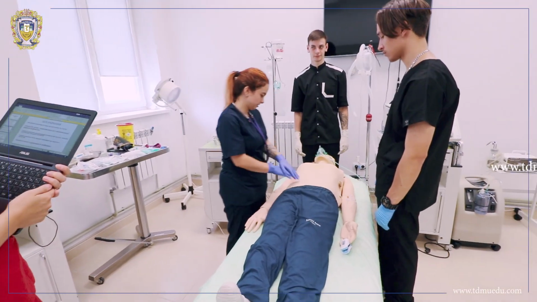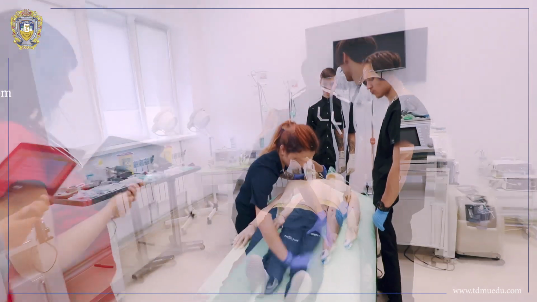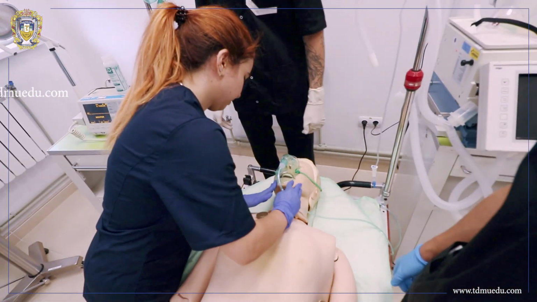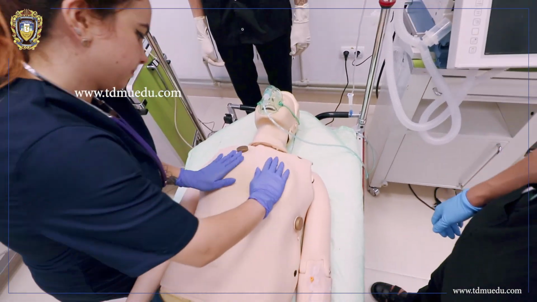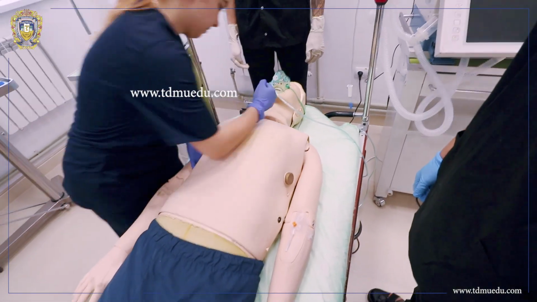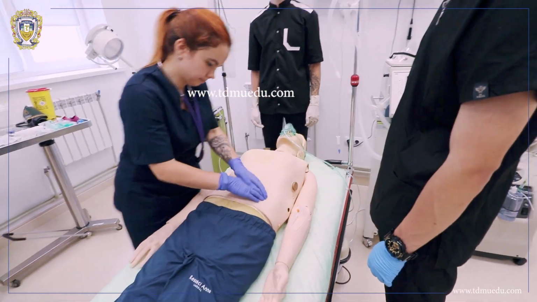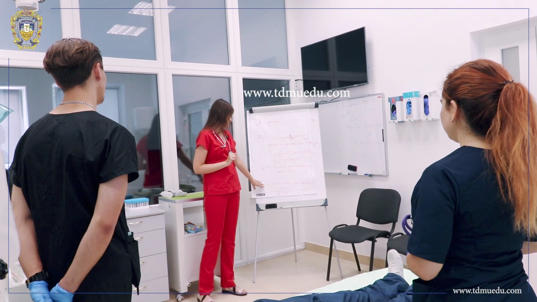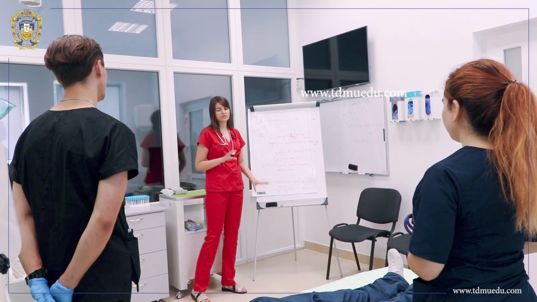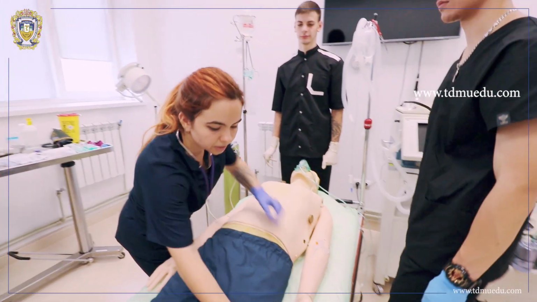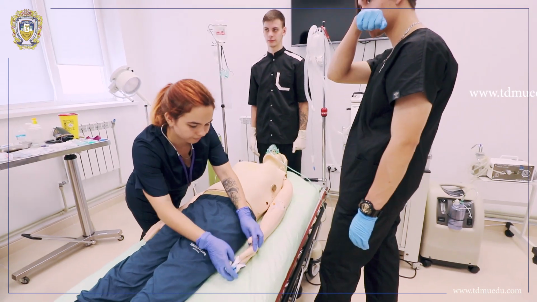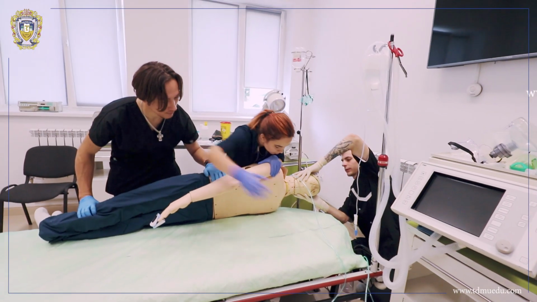D, it's always about the neurological examination. We check the pupils, we check the level of consciousness according to the AVPU or Glasgow Coma Scale, and we also check the reflexes if we see any neurological abnormalities. And E, it's everything else. We always check the extremities for any wounds, any minor bleedings. We check the skin, and of course we end up with the checkup of the spine